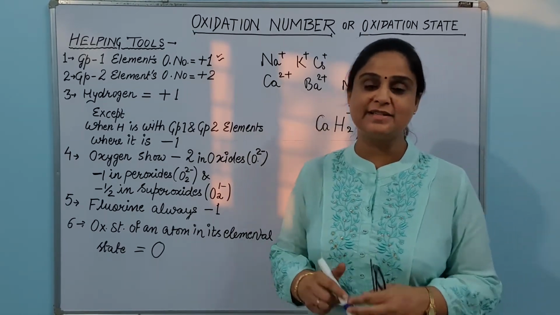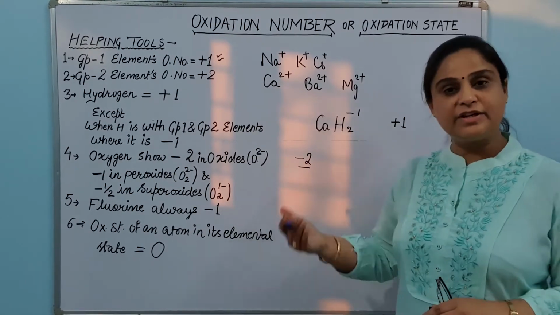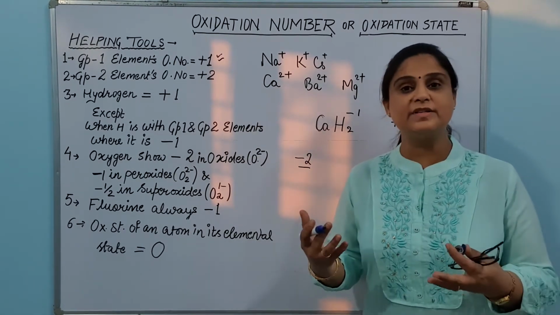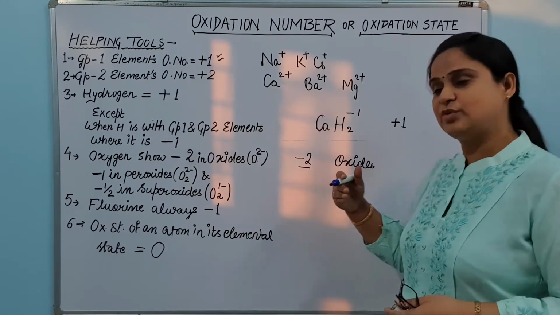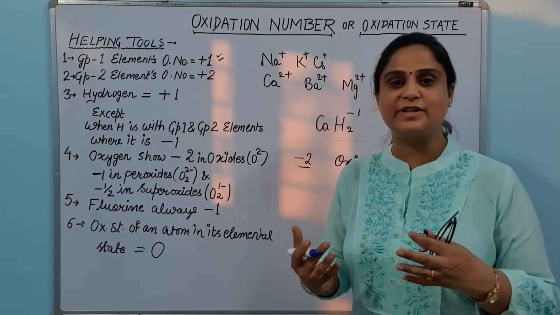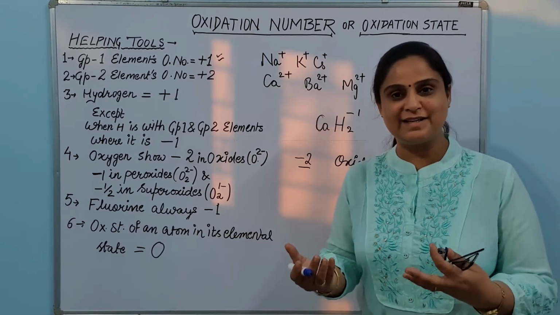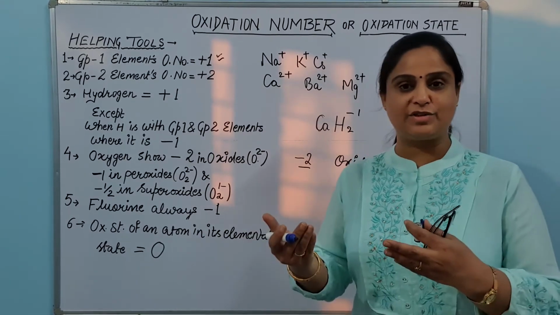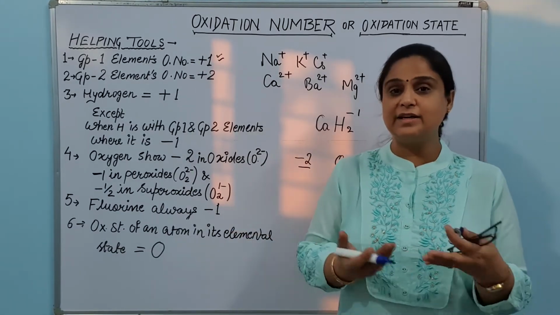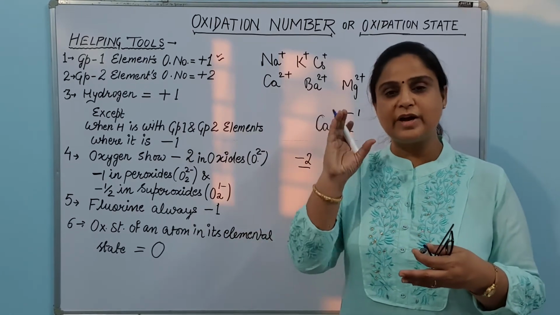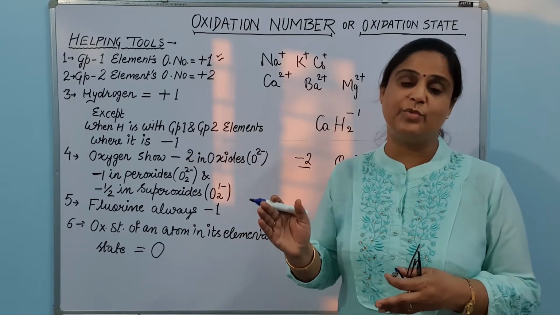Now let's see oxygen and its oxidation state. Oxygen, in most of the cases, shows only -2 oxidation state. But whenever it shows -2 oxidation state, the names of these compounds are oxides. In junior classes, you might have seen that whenever you see oxygen, you name the compound as oxide, isn't it? For example, magnesium and oxygen combination, magnesium oxide, potassium and oxygen combination, potassium oxide, iron and oxygen, iron oxide. So always you have found that oxygen is in its oxide state most of the time.